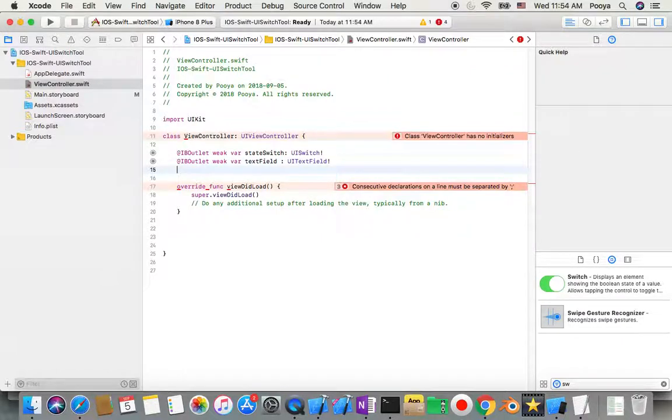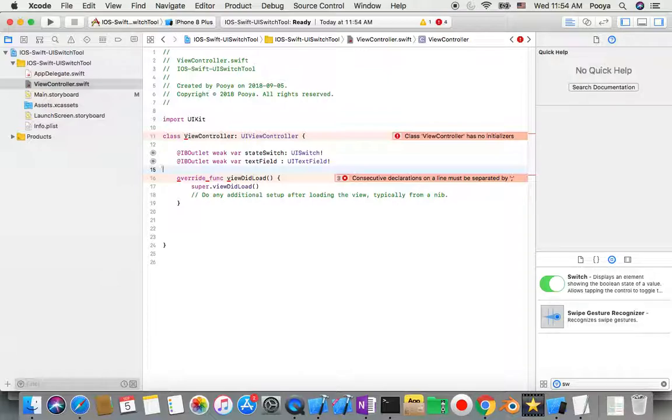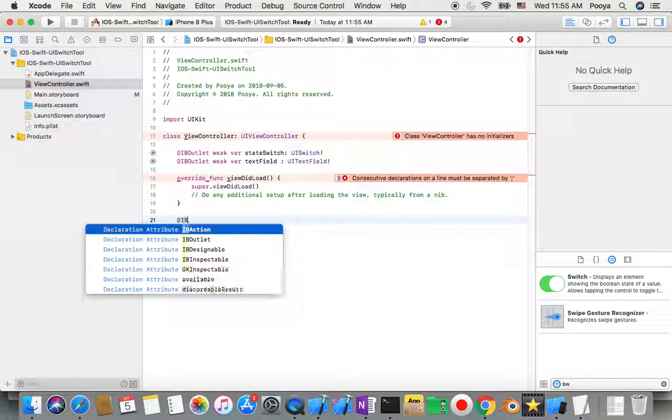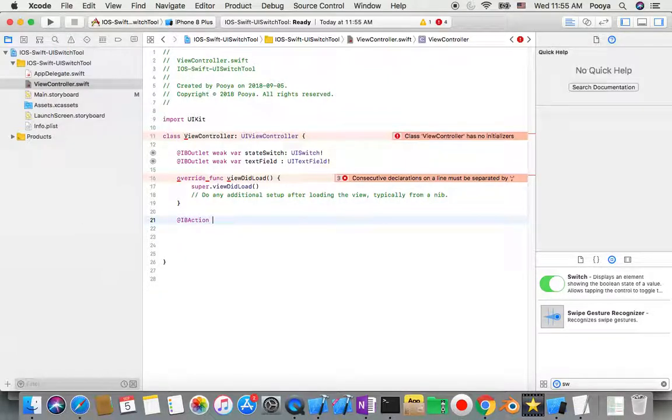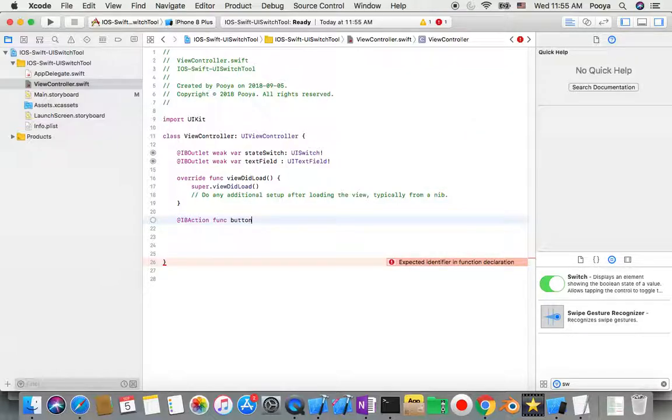So these two outlets, we made it. Then also we need to add one action. So to be connected, an IB action lets us connect this function later to the storyboard or user interface. So I name it button